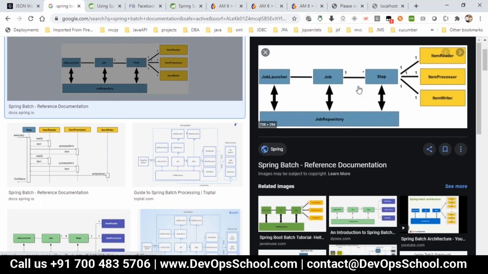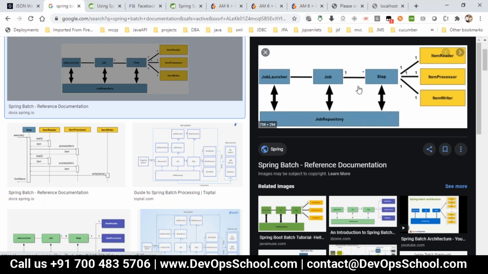Like I have one CSV file, and from the CSV file I have to write it to the MySQL database, or I have some XML file I have to write to MongoDB, or I want to convert an XML file to a CSV file, or MySQL database to XML, or there are multi-resource items that I want to read.